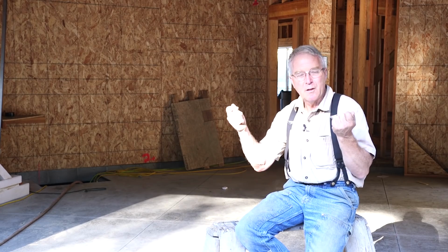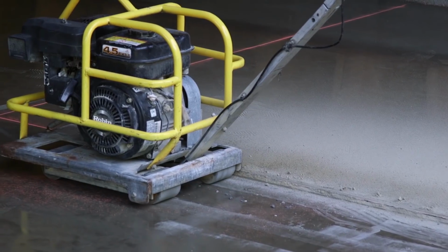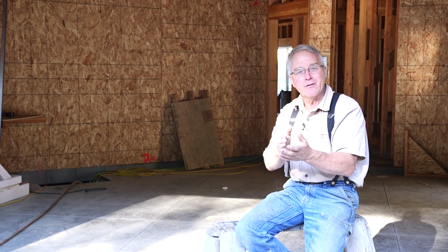So the second part of the answer to that question is because Dustin has a soft cut saw. A soft cut saw only weighs about 30 pounds or so. Now, I don't know if that's the number, but it doesn't weigh much. It's on nice wide wheels that distribute that load, and it is made to put that saw out on green concrete. The advantage to that is you're relieving the stress, you're giving it a place to crack